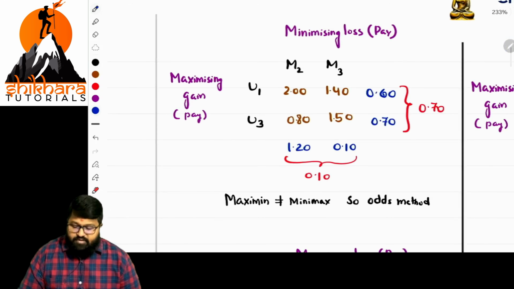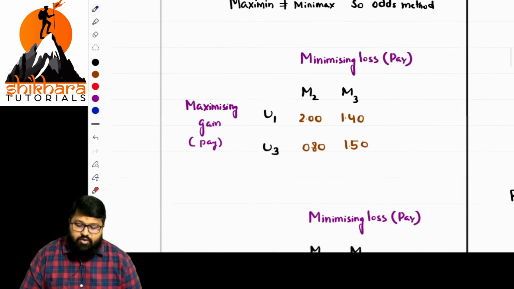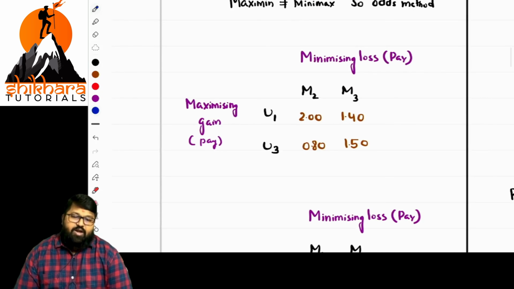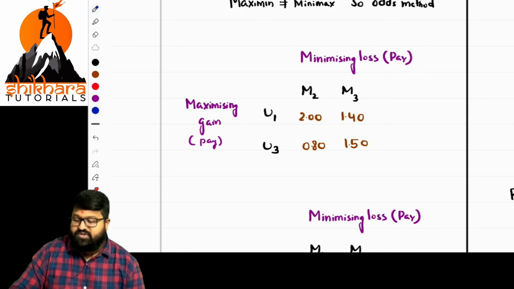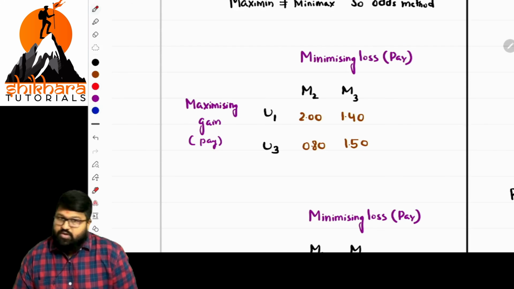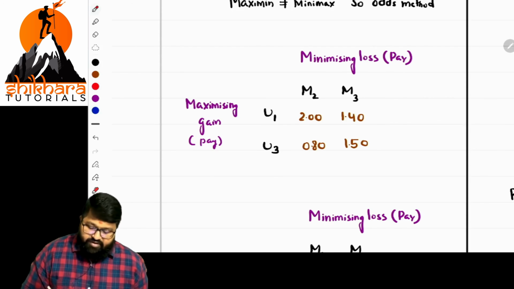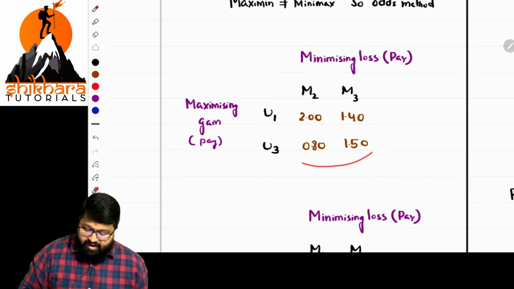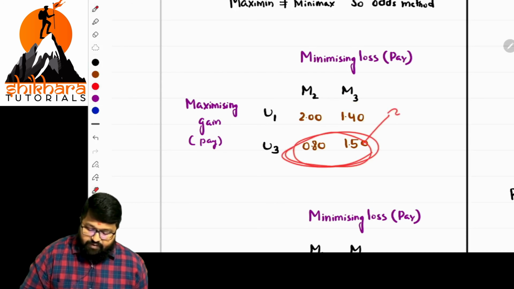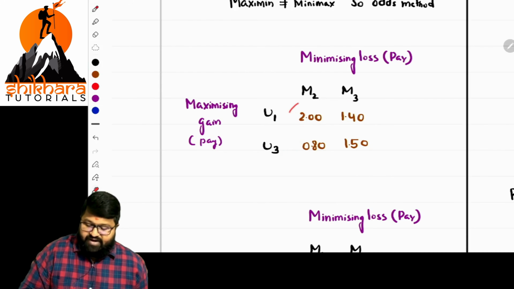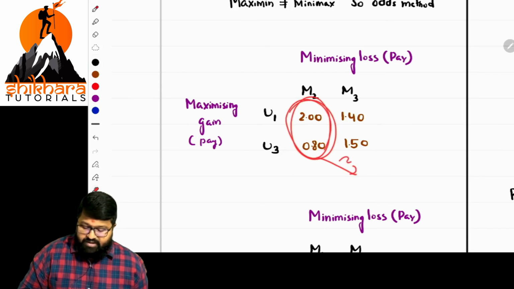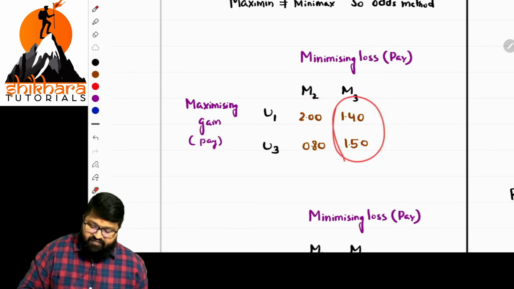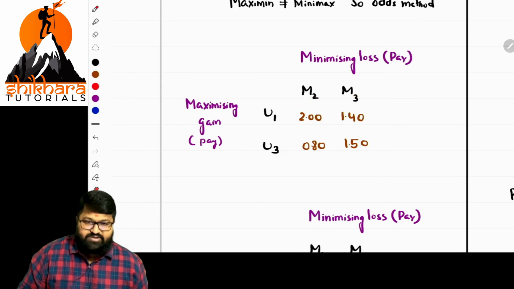See, is it equal? No, not equal. Then we have to go with the representation here. And now what should we do, sir? Odds method. How to do the odds method, sir? I will give the point to you, then you can get clarity. In the odds method, first find the difference between these two values and mention it here. And find the difference between these two values and mention it here. Find the difference between the column part and mention it in the second column. Find the difference between these two and mention it here. That is the first column.